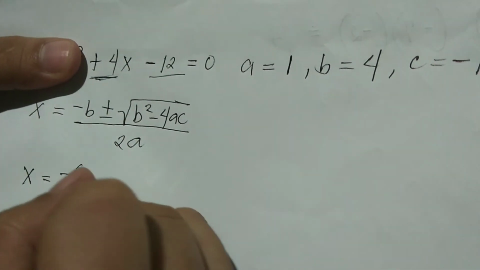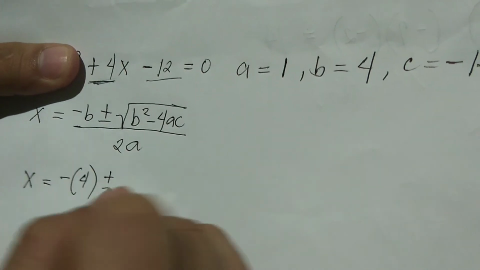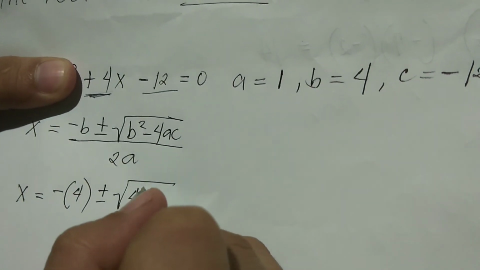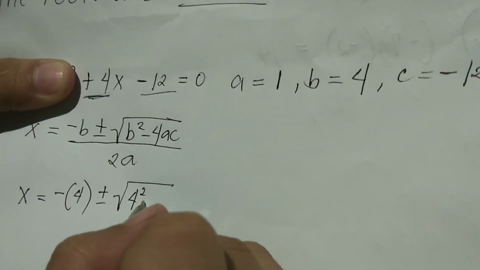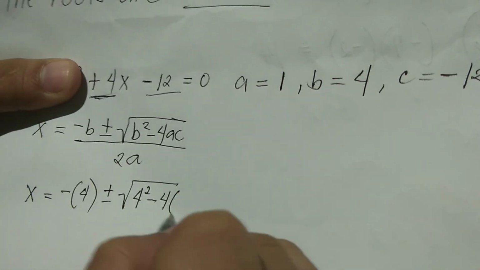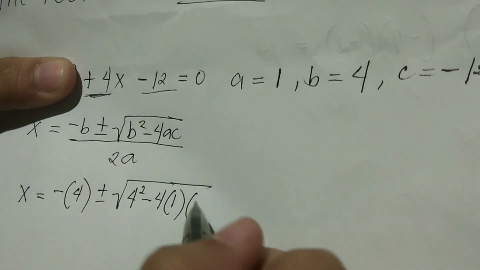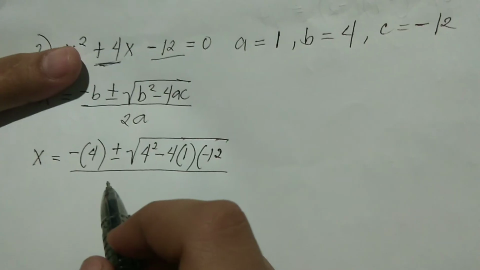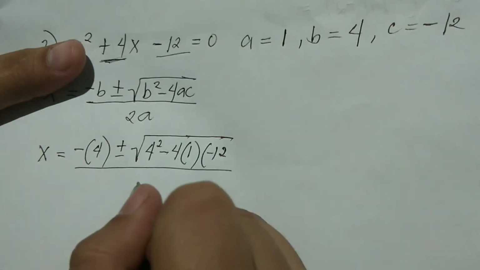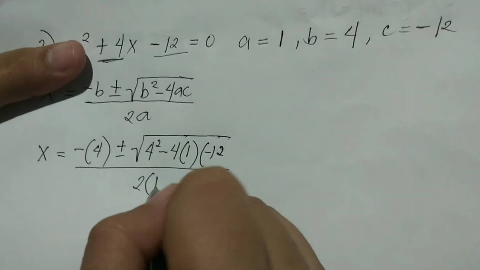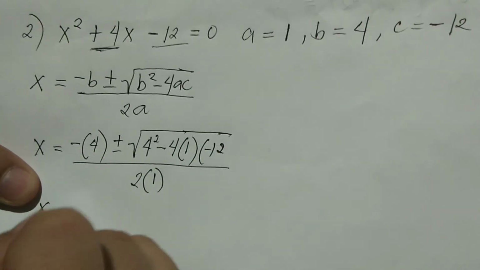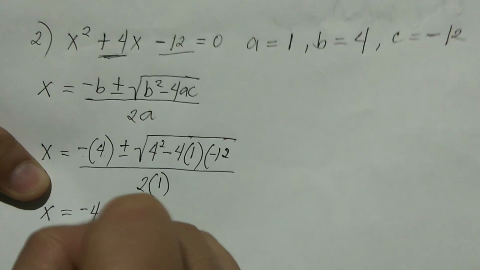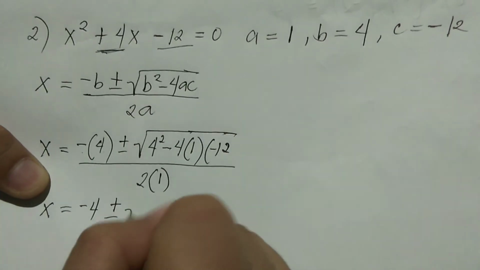Negative b is 4 plus or minus the square root of 4 squared minus 4 times a is 1, c is negative 12. Divided by 2, a is 1. Then we have x is equal to negative times positive 4, negative 4, plus or minus the square root of